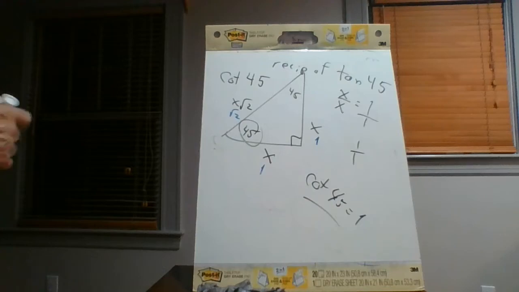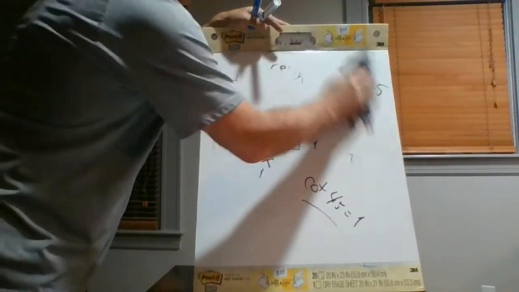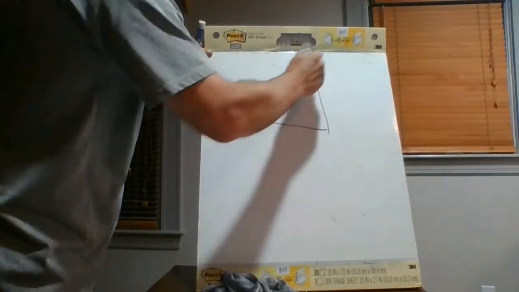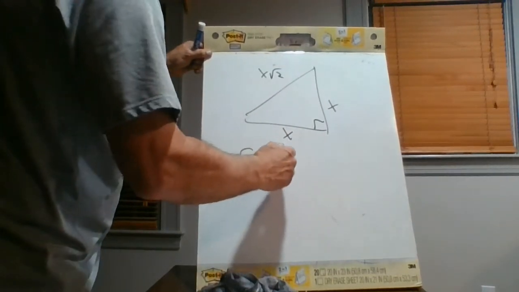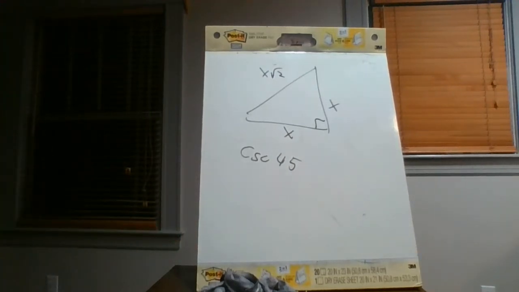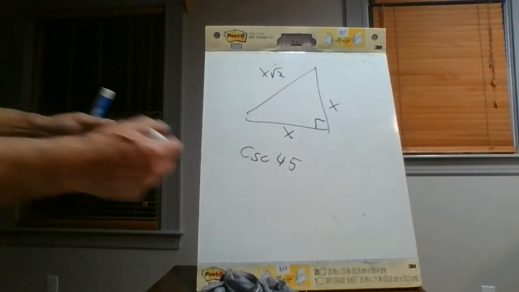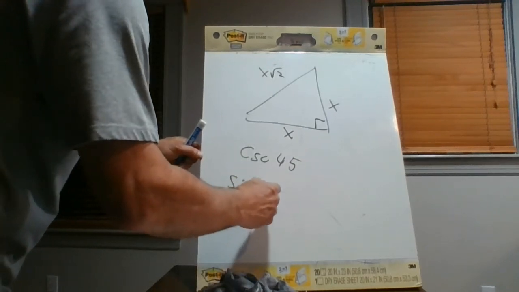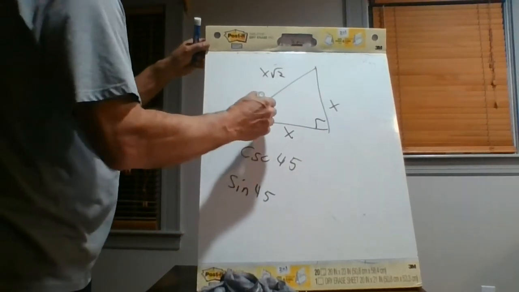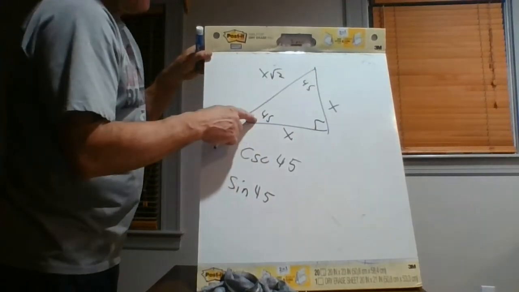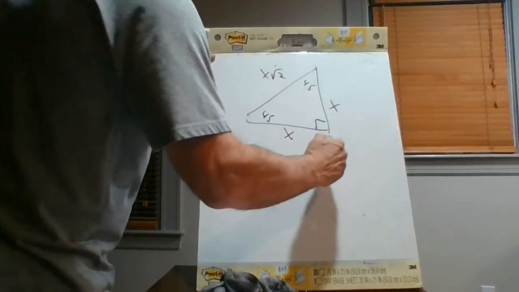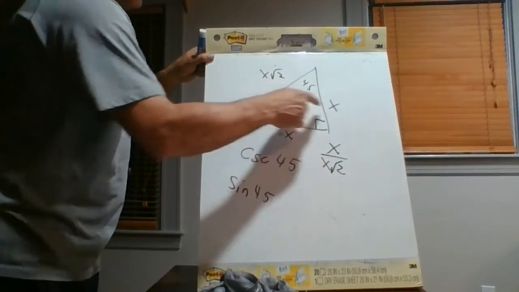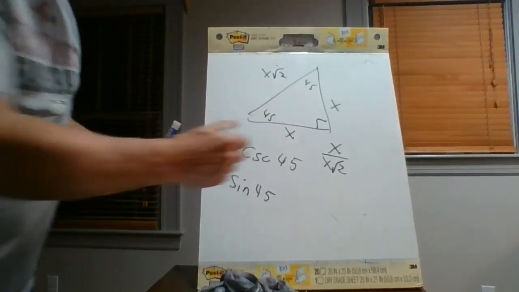And then number 12 is also a 45. It's cosecant 45. Don't know much about cosecant other than it's the reciprocal of sine. Let's find sine 45. So here's a 45. Use this one. Sine is opposite over hypotenuse. So sine is x over x root 2. Okay? Opposite over hypotenuse. Well, that reduces to